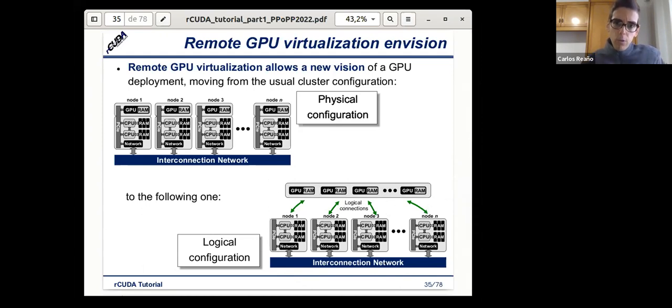So we have moved from the physical configuration that we can see in the top left of the slide to the logical configuration that we can see in the top right of the slide, just by adding a middleware, the rCUDA middleware, just by adding a software layer.